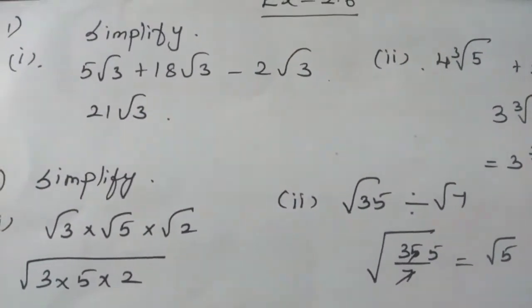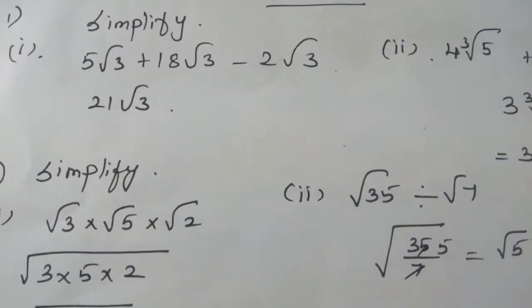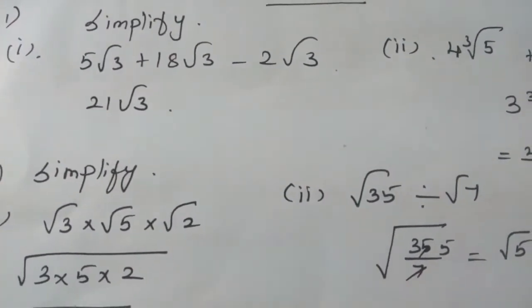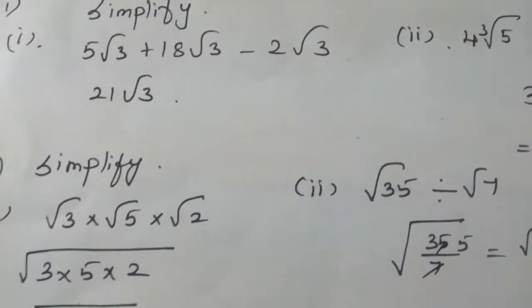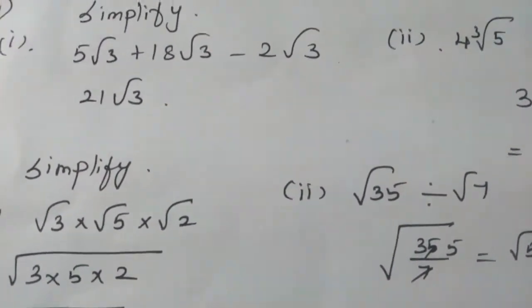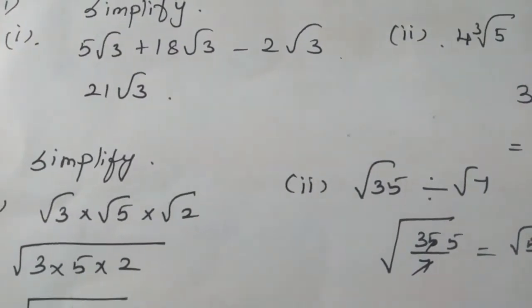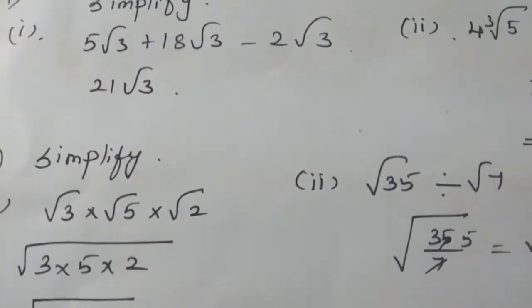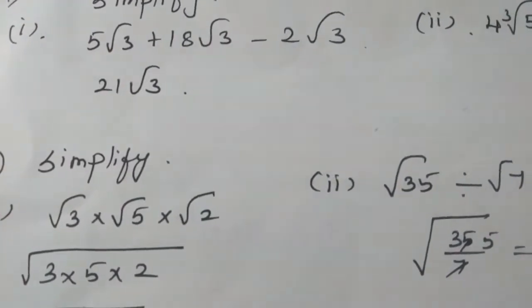So it is just addition of the numbers with the root numbers. So it is root 3, it's nothing but an irrational number. Okay, we know about it. So 5 root 3 plus 18 root 3 minus 2 root 3. While adding this, you know very well, 18 plus 5 we can add, it is 23. 23 minus 2 is 21 root 3.